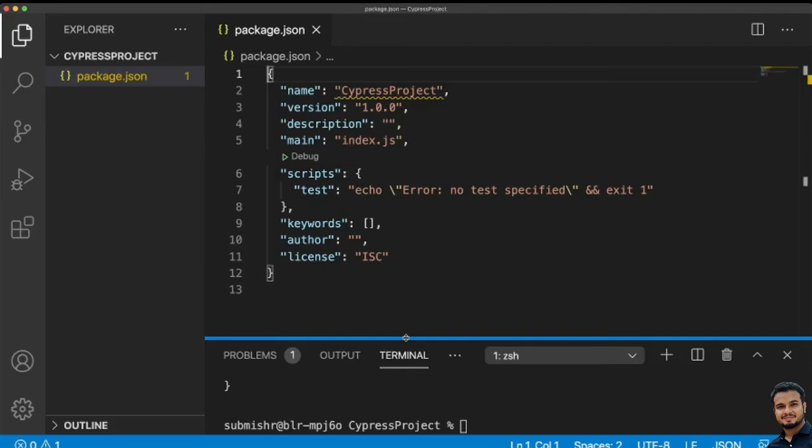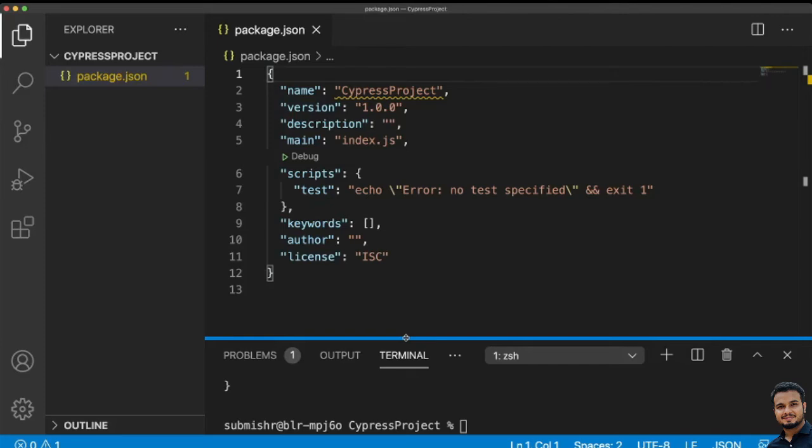It also initializes the npm project, so we can run npm commands directly and it will download and install all dependencies. If you want to send this project to someone or open it on a different system using package.json, all the dependencies will be downloaded automatically. We don't have to do anything manually. It is similar to your pom.xml file which we use in Java Maven projects.